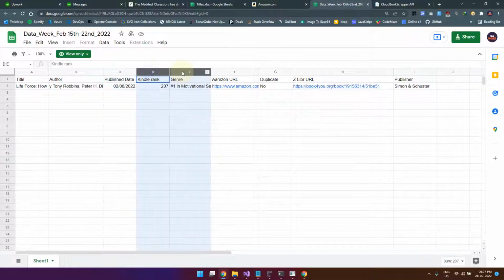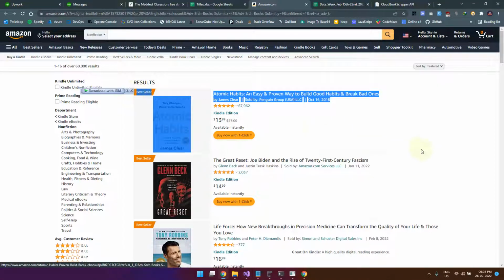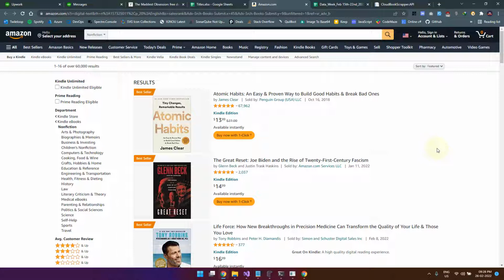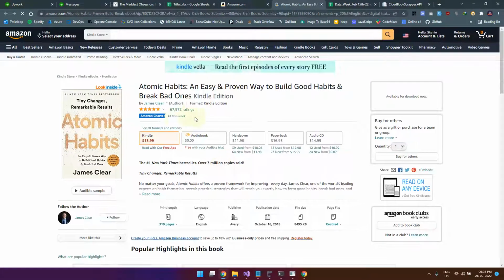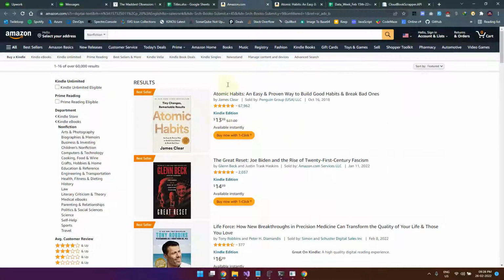But if you see the Kindle rank and genre, that data is actually not available here. But I already have the code that can extract it. What it will do is open it, and from here it will find that, okay, this is number one this week or something. But my doubt is, is it correct, or is this the way you want? Because from here I cannot see where they have written the Kindle rank. So that is one thing.